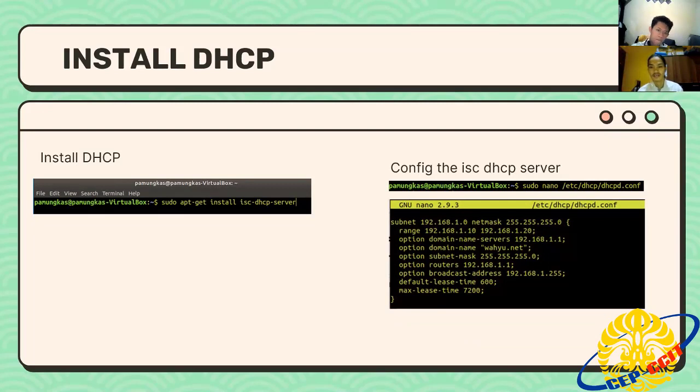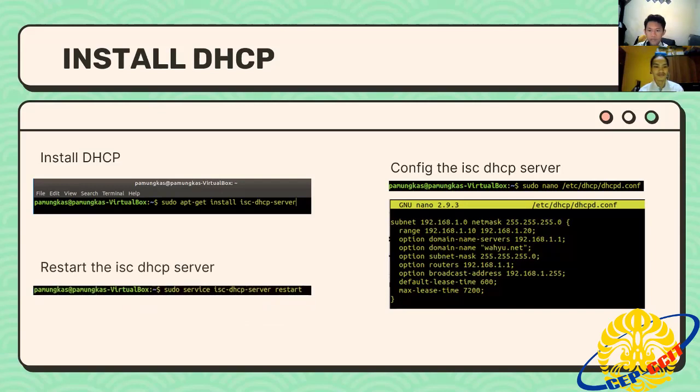And this is the subnet. And we insert the domain name, subnet mask, broadcast address, and more. After that, we restart the DHCP server using sudo service dhcp-server restart.